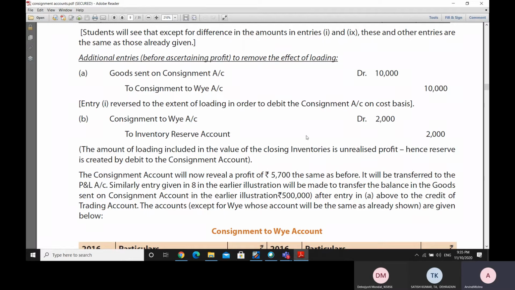This reserve will be utilized for that purpose. Now, the consignment account reveals a profit of 5,000 rupees, which is the same as before, no difference, and the profit will be transferred to the profit and loss account. Now, a similar entry, given in the earlier illustration, we made to transfer the balance in the goods sent on consignment account